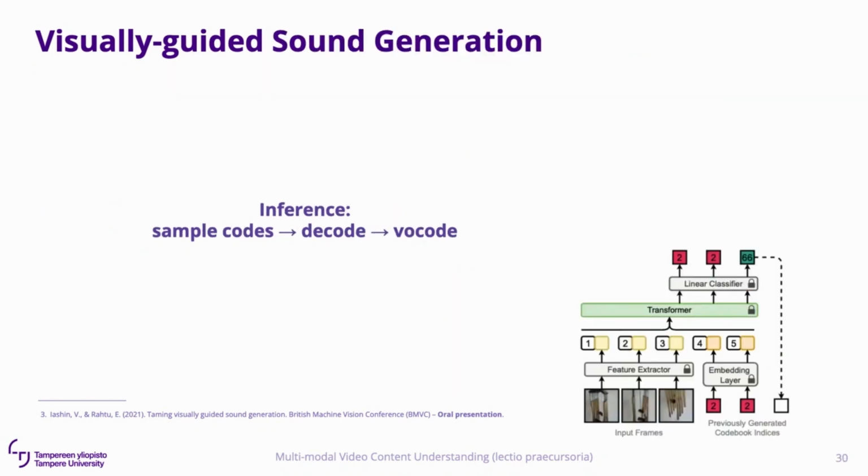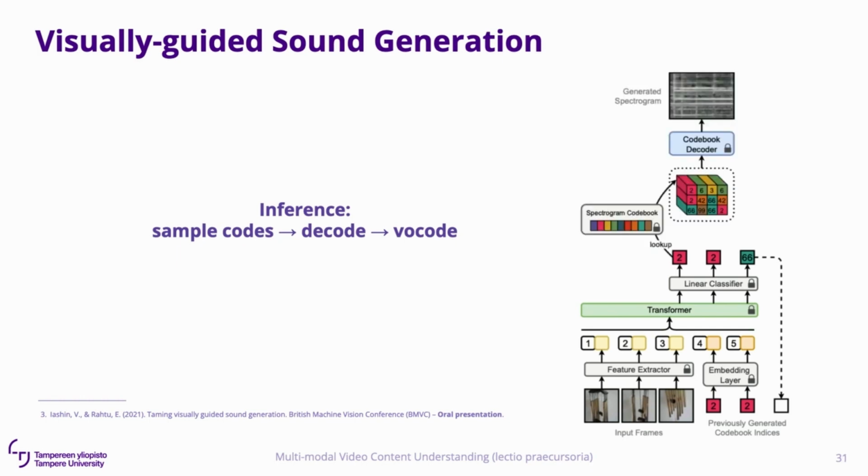All right, so we are sampling the codes, but how do we actually generate audio that we can listen to? We start by extracting features from the video that we provided. Then the transformer outputs the first codebook index. We append it to the input sequence and generate the second one. We repeat this autoregressively until the end, after which we can look up the spectrogram codebook and get the quantized representation, which can be decoded with a codebook decoder. Now, the spectrogram can be decoded into the waveform, which we can actually listen to.